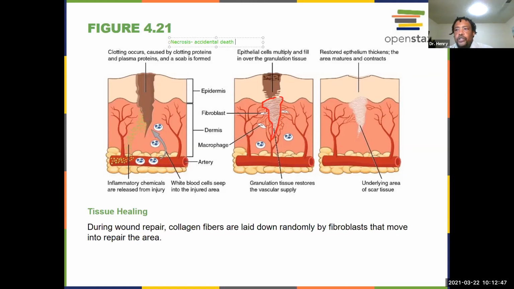So necrosis can result from cells around it saying, hey, you're inflamed, we have an infection, so we want to kill you right now, okay? So accidental or okay,